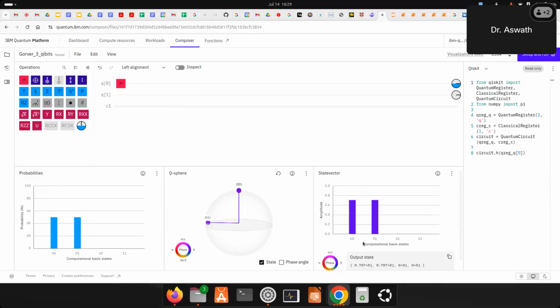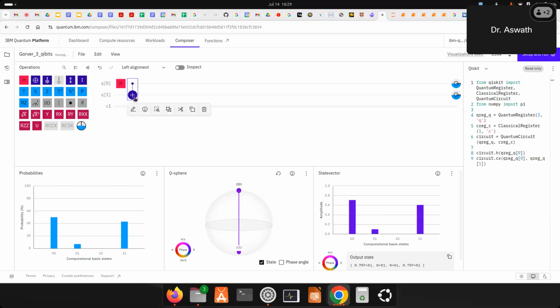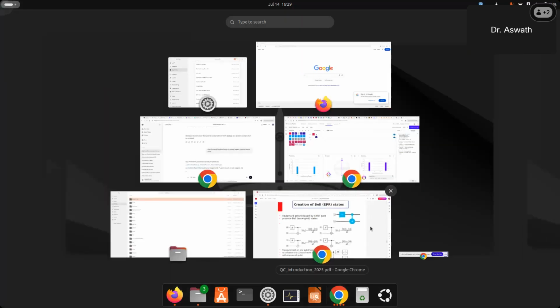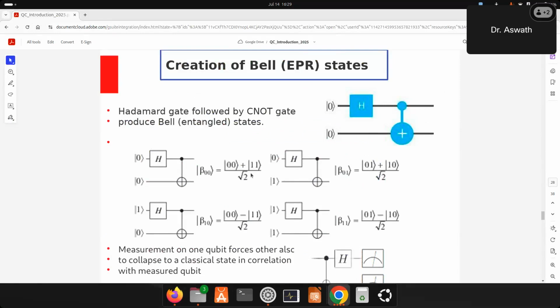The atom A is in superposition state 0 and 1. Now you take a C naught gate. C naught gate should do addition modulo on the target, depending on the control. So the addition modulo gate is actually a dot followed by addition modulo with a connection. This is the C naught gate. Now you see, I have created 0, 0, 1, 1. This is the entangled state, this first entangled state.